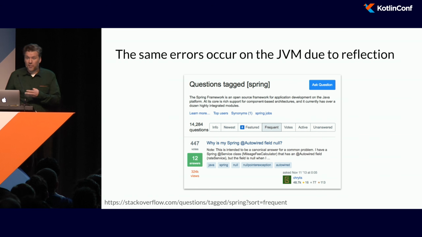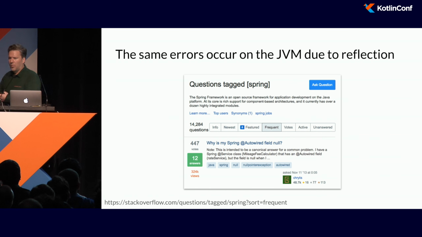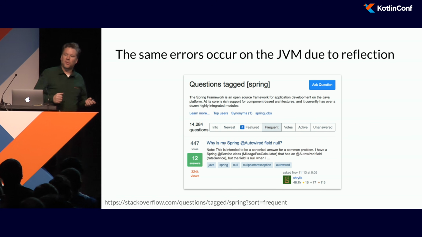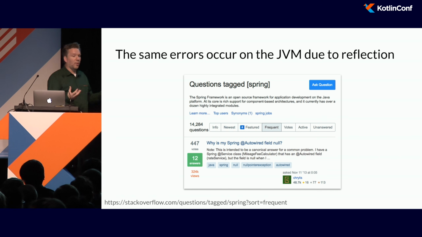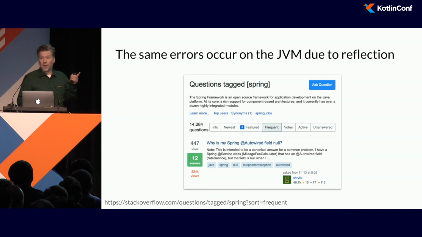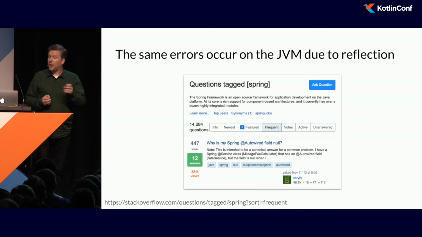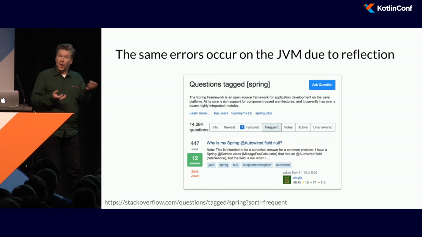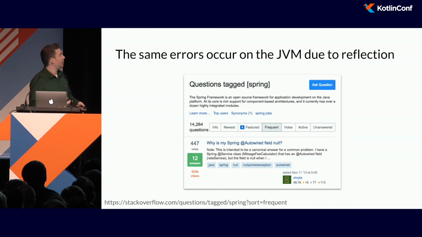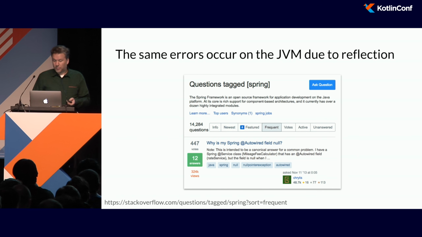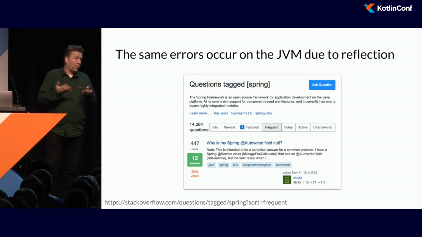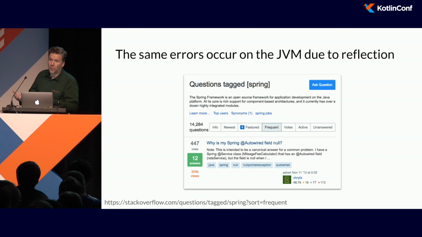But of course, on the JVM, if we use reflection, we end up having the same issue in that we're working around the compile time type system and only detect consistency errors in our code at runtime. For example, the most commonly viewed question about Spring is why is a field that shouldn't be null null at runtime? And that's a type error that we should be able to prevent at compile time. Right. Reflection, luckily in Kotlin, we find far less need for than we would in Java.